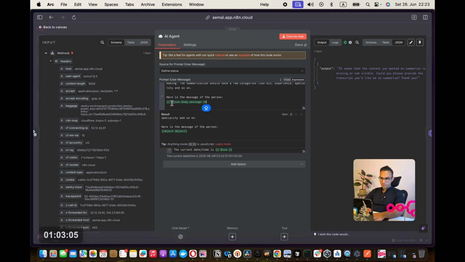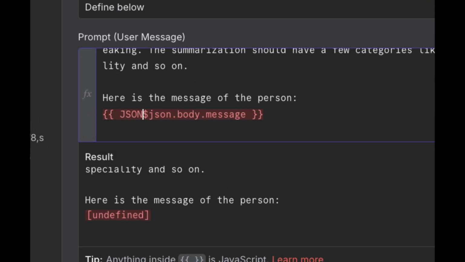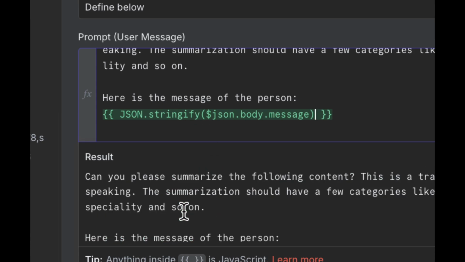This is probably the only line of code that you need to write in your entire masterclass here. It is JSON.stringify, in small case, stringify, and then parentheses open and parentheses close. And now you see not object.